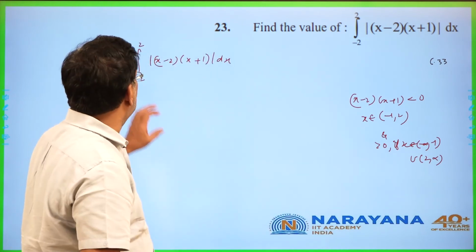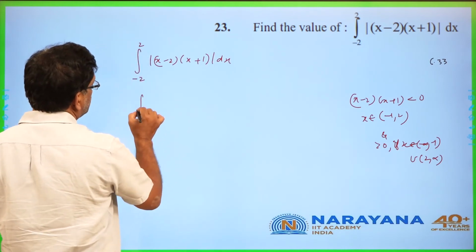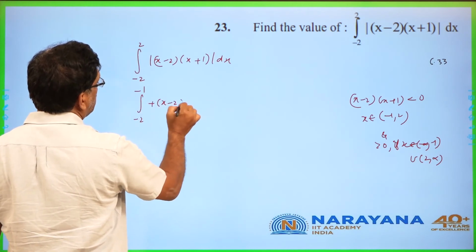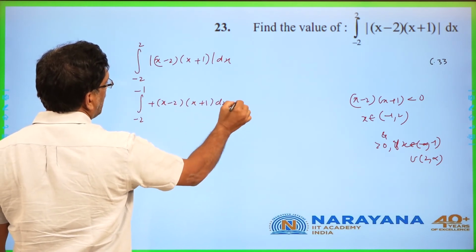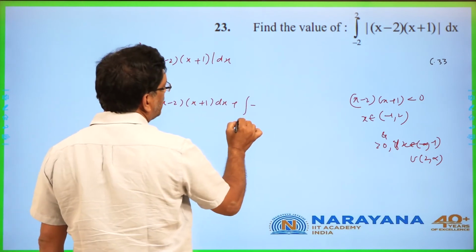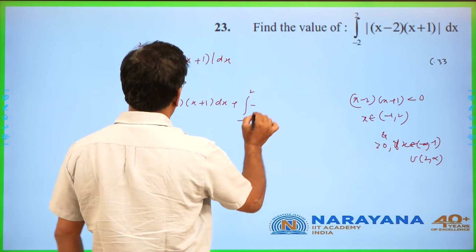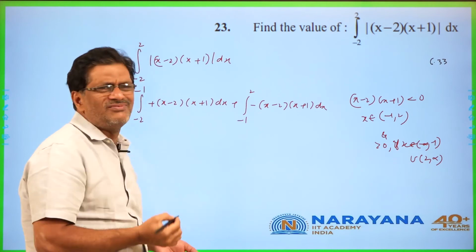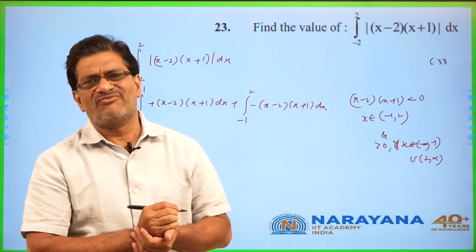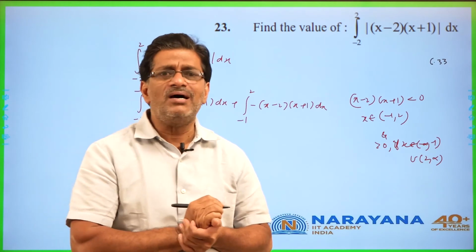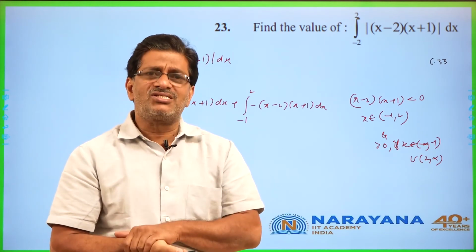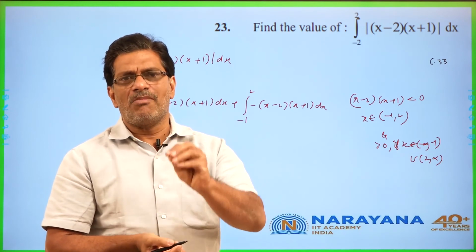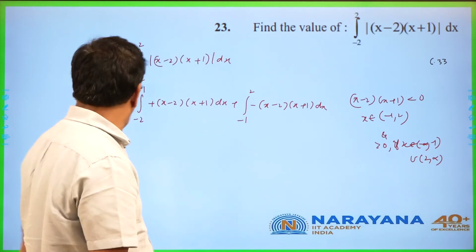Between minus infinity to minus 1 it is positive. So from minus 2 to minus 1 it is positive; remove the mod like this. This is positive, which means the next one is automatically negative. From minus 1 to 2 it is minus of x minus 2 into x plus 1 dx. It is very simple. If you expand, you will get terms in x power n, so you can integrate and apply the limits. Mod functions: in the last examination, if you have seen that paper, they gave a problem on the step function, step mod. You have to break the given limits. Go to the next question.